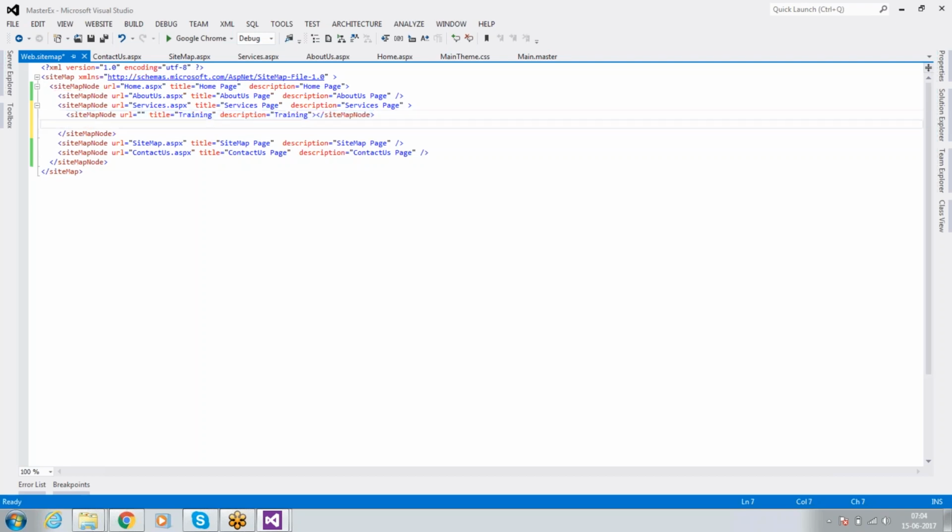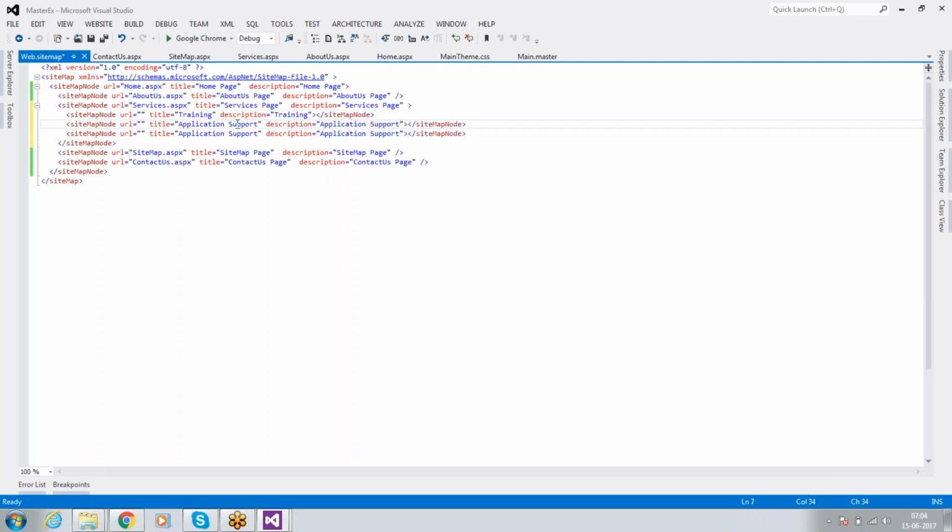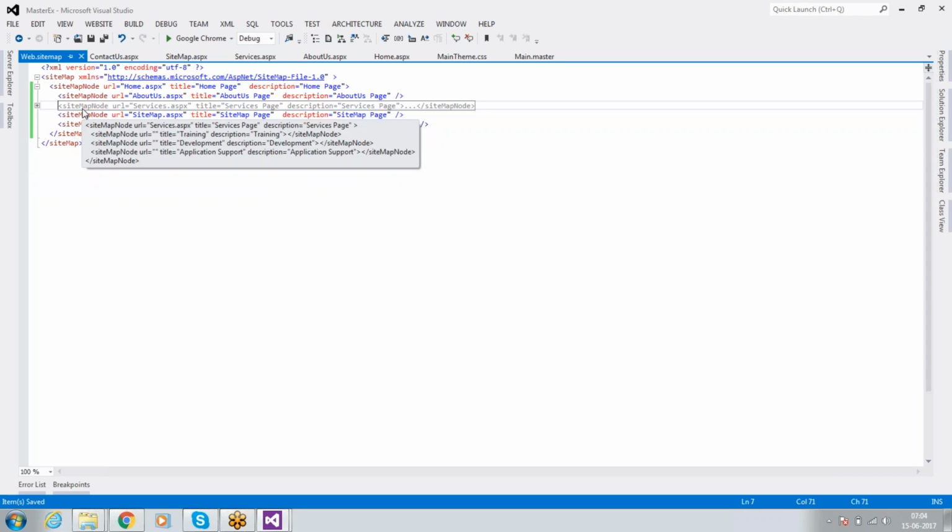Similarly, I have one more service, application support. Development. Likewise, I create some sub-elements under services.